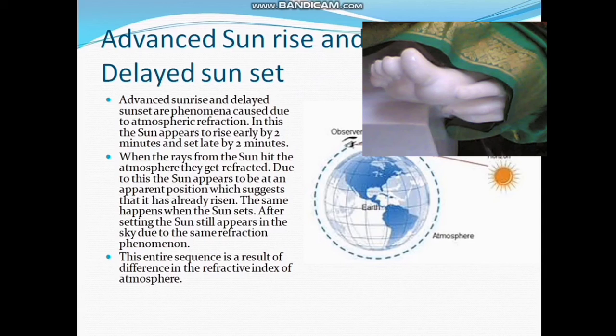By actual sunrise we mean the actual crossing of the horizon by the sun. We can observe the diagram and notice where the sun is below the horizon and where its apparent position is. So, with respect to the horizon, the time difference between actual sunset and apparent sunset is about 2 minutes. The apparent flattening of the sun's disk at sunrise and sunset is also due to the same phenomenon.